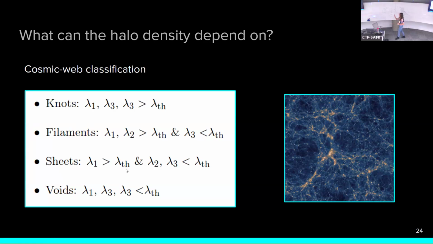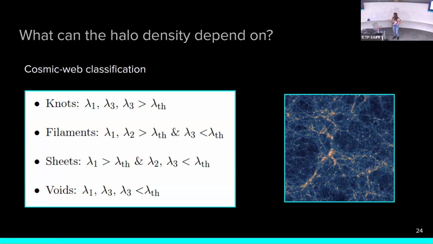Now, once I do this, I know for each of these boxes the type of cosmic web. And what I'm doing, and then I'm going to show you the last slide, is to train a different CNN for each of these cosmic web types. So I have 4 networks, one for each cosmic web type, and then extract the local information. The argument for that is that you really want to effectively account for the non-local large scale contributions.